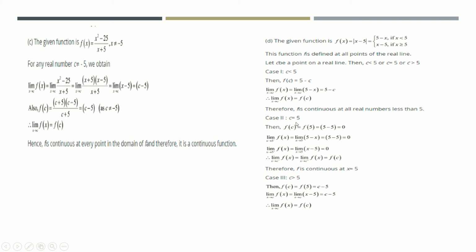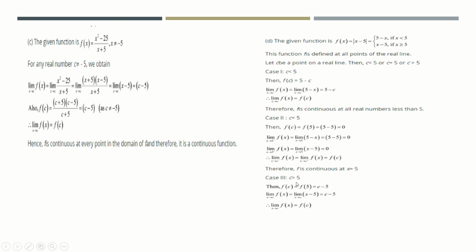When x is equal to 5, at 5 it will be 0. So at x equal to 5 it has its negative part as well as its positive part. So I have to check with the left hand limit and also with the right hand limit. So x tends to 5 minus. 5 minus means less than 5, so I have to take it as 5 minus x. So 5 minus x is equal to 0. When it is 5 plus also it is 0. So therefore the function is continuous at x equal to 5.